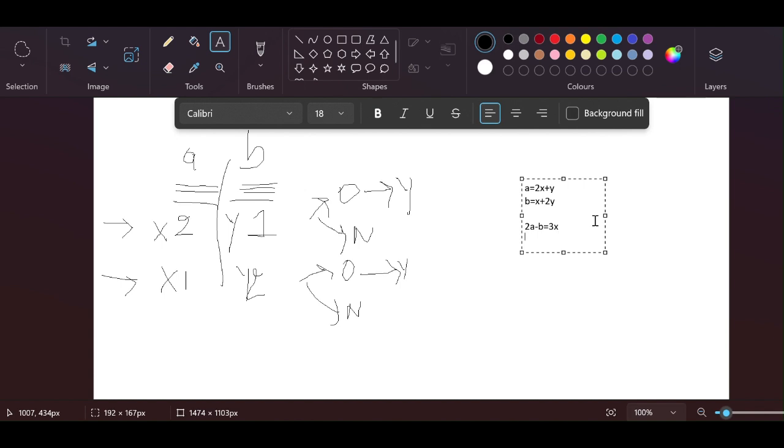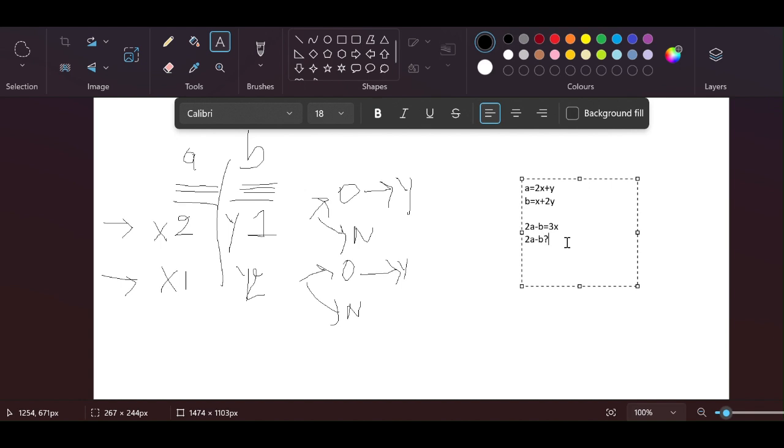So that's why I'm not writing. So what we have to know, we have to know x and y, because those two are the number of times we have to remove the coin pills from A and B, which gives us 2a minus b